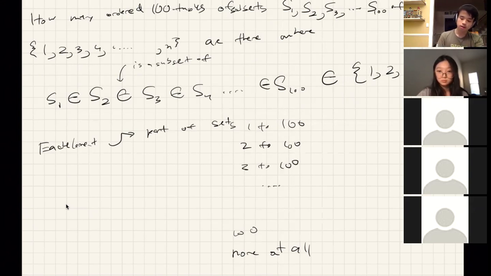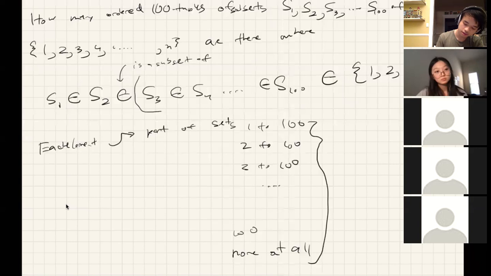I'll leave this, it's a little bit complicated to explain right now, but essentially each element can be part of a given part of the sequence, and then not be a part of some other part of the sequence. If you keep doing this, I'll leave it to you to verify that there are actually 101 total possibilities